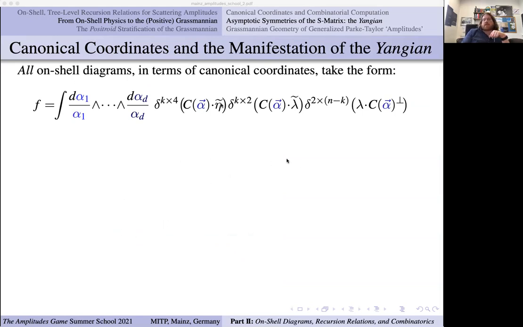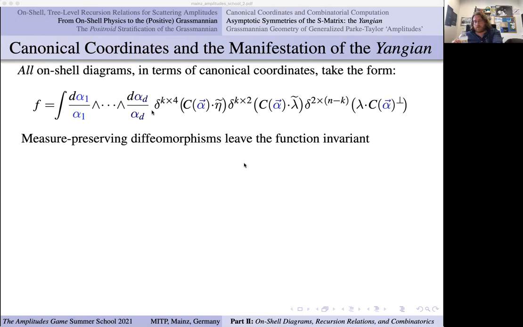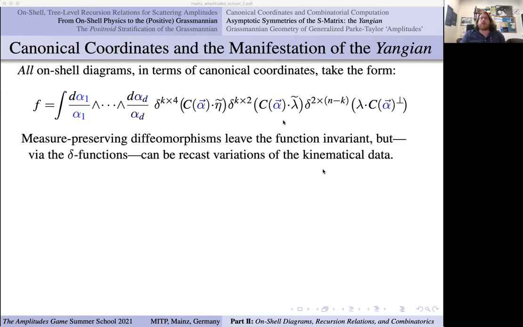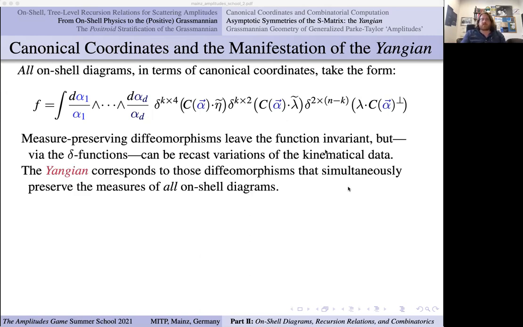But importantly, if you look at this and you say, because of the delta functions, you can take a volume preserving diffeomorphism among the alphas, so a functional map, rational functional map or polynomial map even, a generic diffeomorphism that preserves this volume form. And every such diffeomorphism you can then translate, through the delta functions, into an active transformation of the lambdas and lambda tildes. And when you ask what the volume preserving diffeomorphisms among the alphas are, it turns out the answer is it corresponds to Yangian